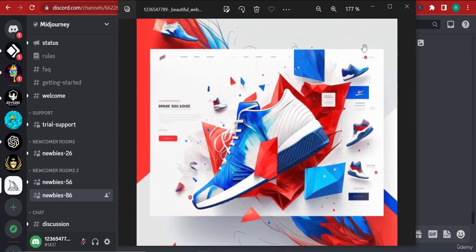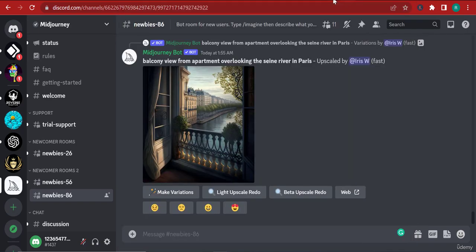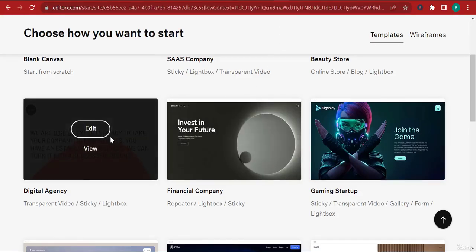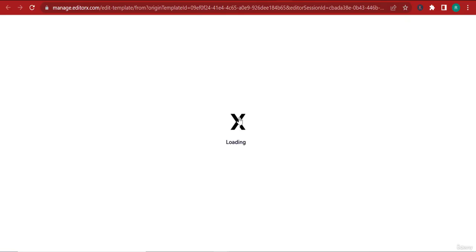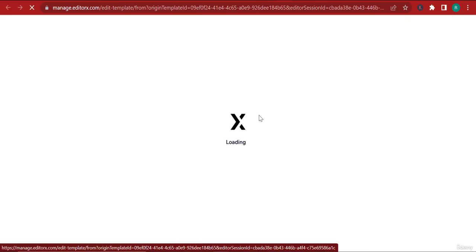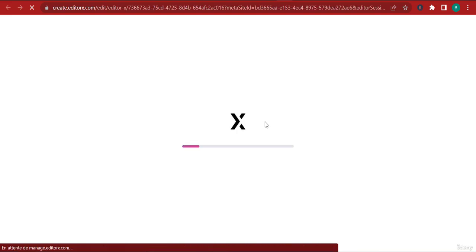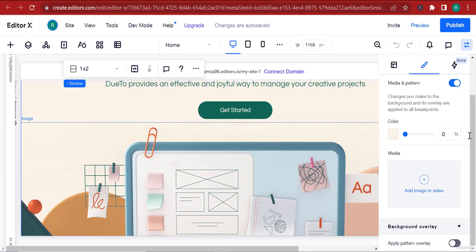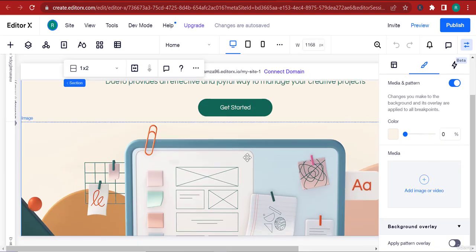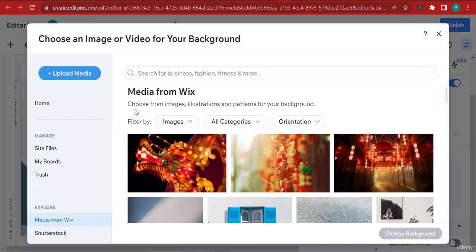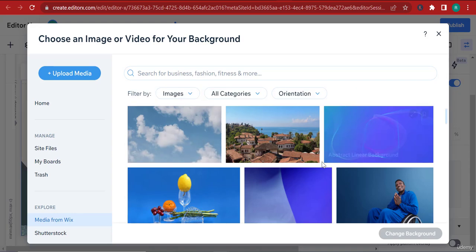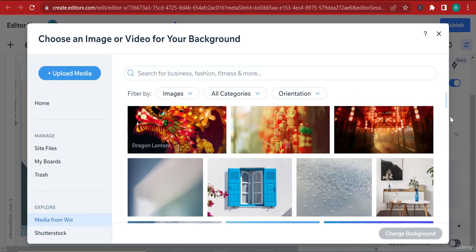And what you can do with it is put it on this tool. For example, if I pick maybe, all right, so let's edit this here. Even though I'm not a professional website editor, I'm just showing you some of the stuff that this can do. So let's just wait for this. And after that's opened, you can change the background entirely. There's a background that's already there. You can either click here, add image, and change the background to one of the images that are out there in their library, or you can